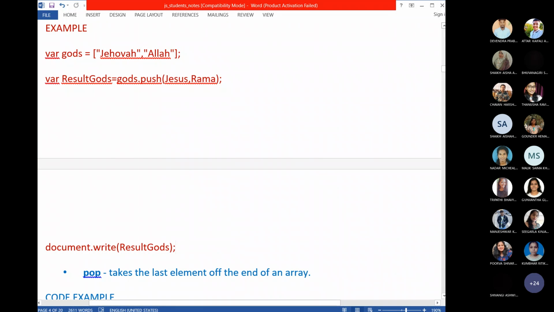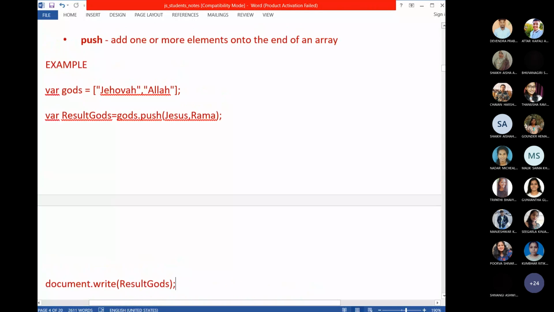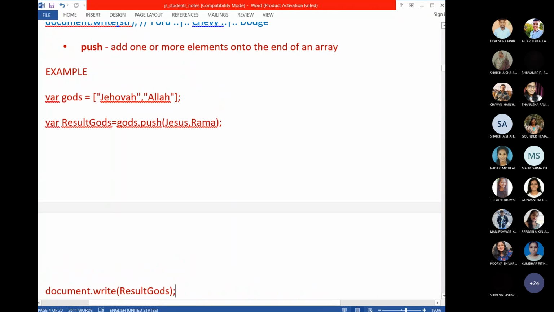The push method will add one or more elements into the end of the array. So we have created an array. We have created an array in the name of gods. There are two elements we have assigned.